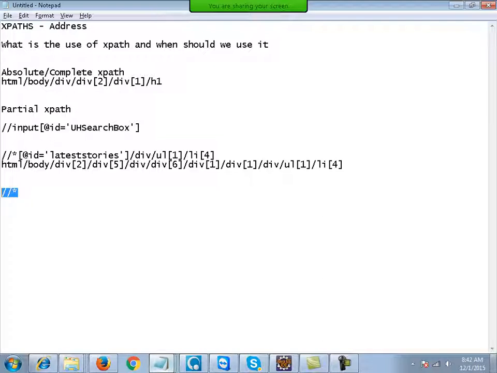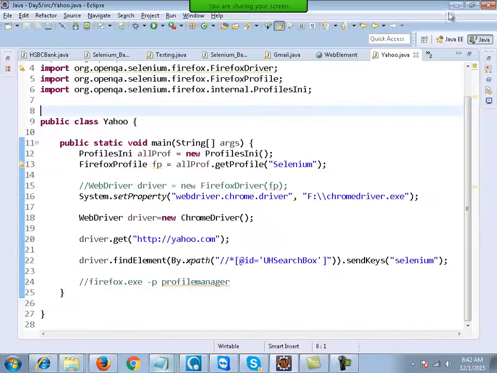So yes, two elements on a page can have the same XPath. The possibility is there. Don't think that every element on a page will have a unique XPath. Two people can have the same name. Similarly, multiple elements on the page can also have the same XPath. Okay. I'll talk about that in detail. Fine. Actually,